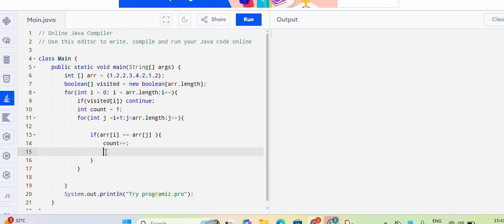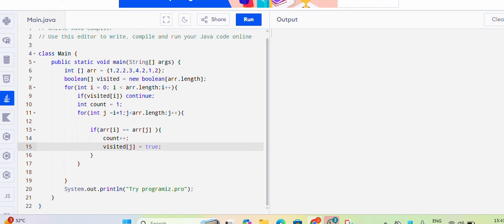Then write if the array is visited equal to true, then you have to write the print statement, that is